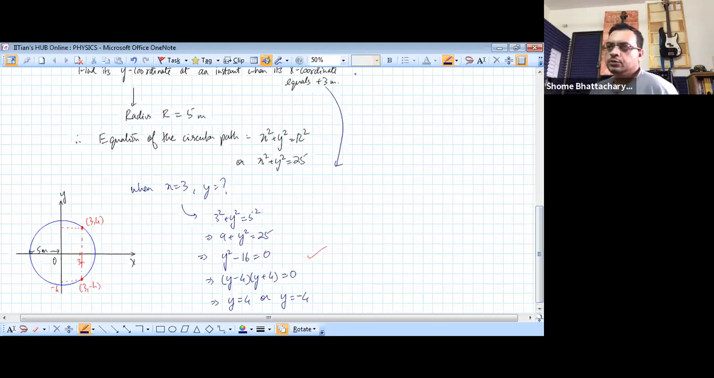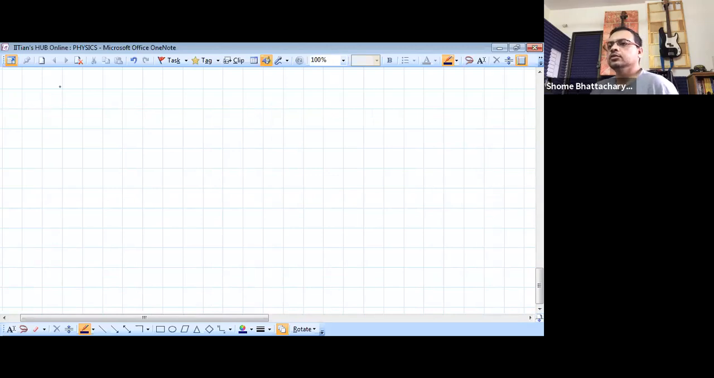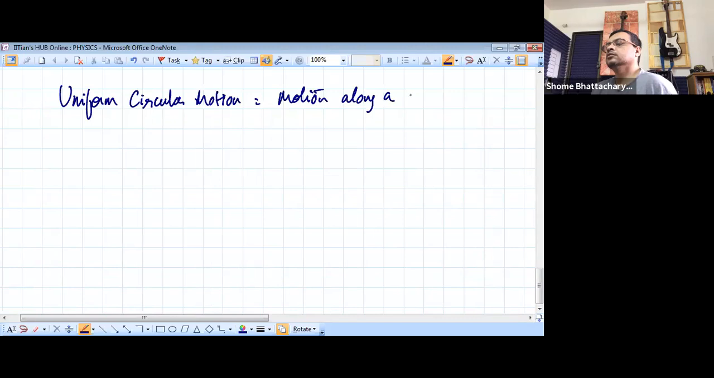Okay, people. So this is clear, I hope. Okay. Now the next property of circular motion that we'll understand, and more specifically uniform circular motion. So we saw earlier that uniform circular motion is motion along a circle at a uniform speed. Okay. So this, because it is happening at a uniform speed,